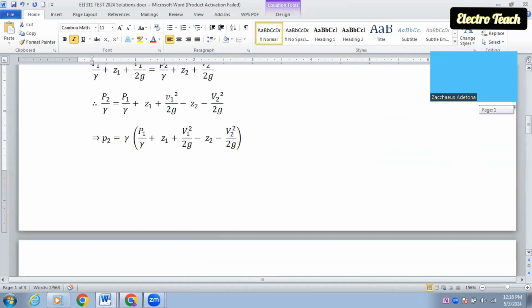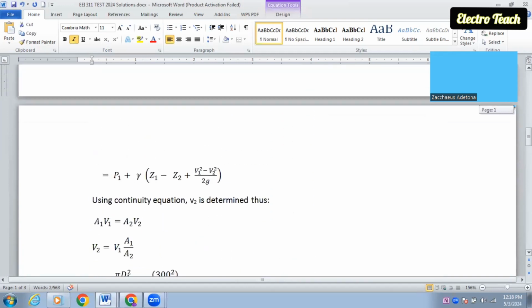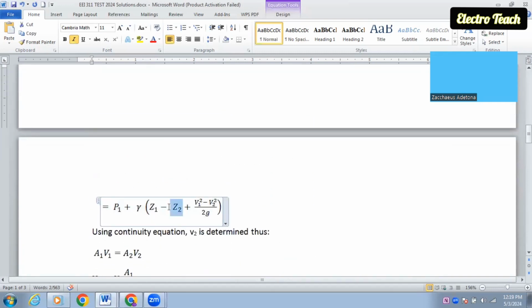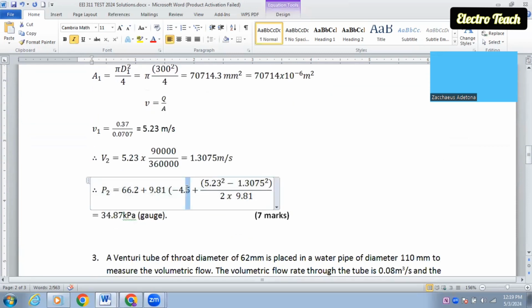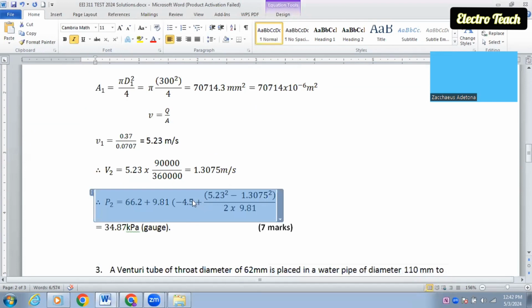But in the equation, what we have is Z1 minus Z2. That means the value will be the negative of what we have above, and that is why we have minus 4.5 in the equation. Channel at point B is higher than point 1, and Z1 minus Z2 from above is what we need. Since Z2 minus Z1 is 4.5, Z1 minus Z2 will be